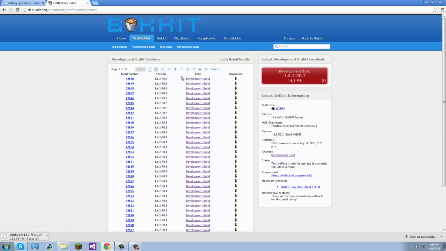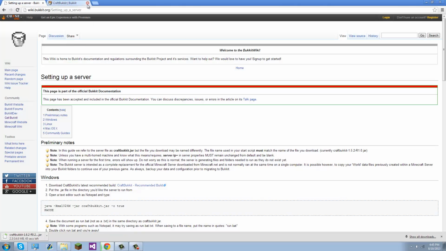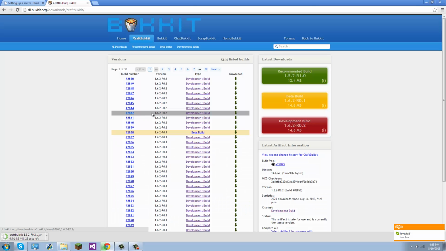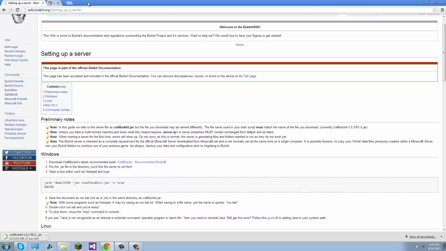Of course, I don't strongly recommend you download a development build. I think the safest option for you is to download CraftBukkit recommended build, but at the moment that's 1.5, which is the version before the current one, 1.6. So I do actually recommend that you go into Get Bukkit, alternate versions, choose a version in here, download it like I'm doing now, and once this is downloaded,